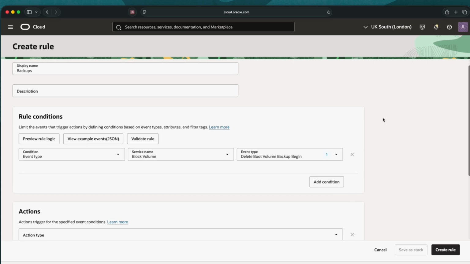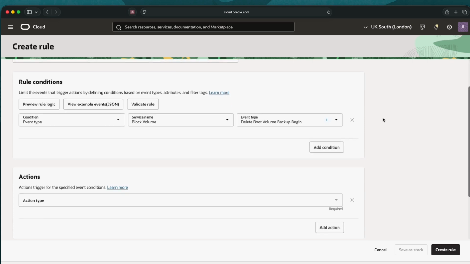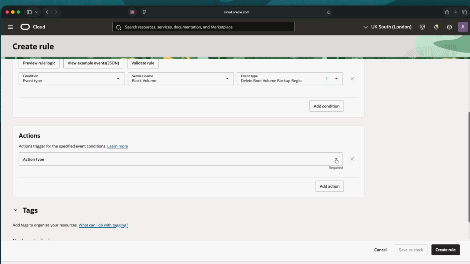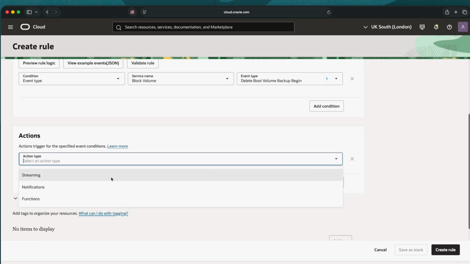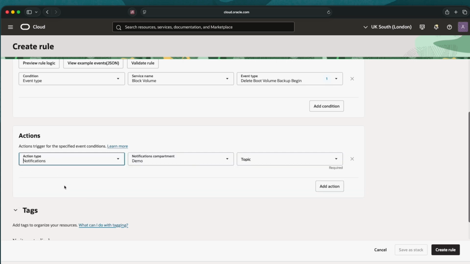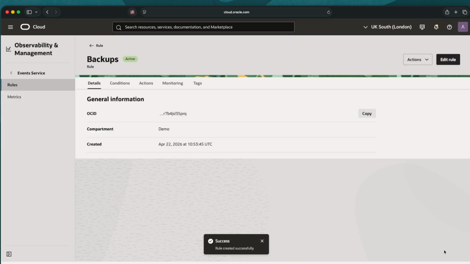Now once we've selected the rule condition, the next thing we need to do is to select the action, which is what to do. And this is where we hook up the notification that we just created. So if we select notification as a type, we can then select the backup topic that we have just created and then select create rule. Once that rule has been created,